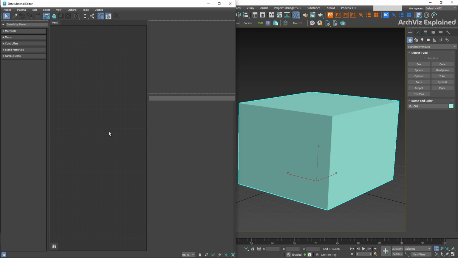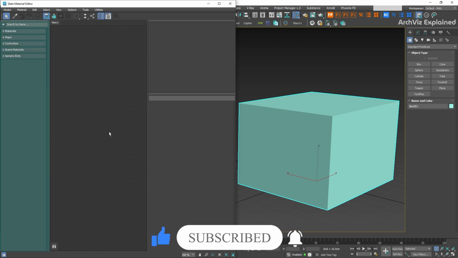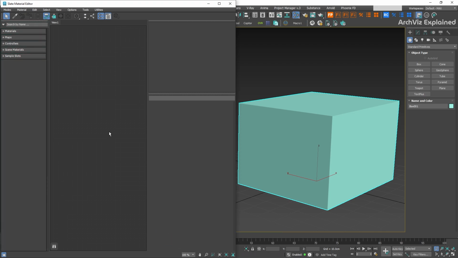Now, let's look at the Slate Material Editor interface. If this is your first time using it, the layout can feel overwhelming, but it follows some logic. On the left, we have the Material Map browser, where we can select all the materials and maps. The large middle area is the Active View workspace, where we actually build our materials using nodes. And on the right side is where we tweak all the settings for the materials. I recommend organizing your workspace by dragging the dividers to give the middle view more space, as complex materials can